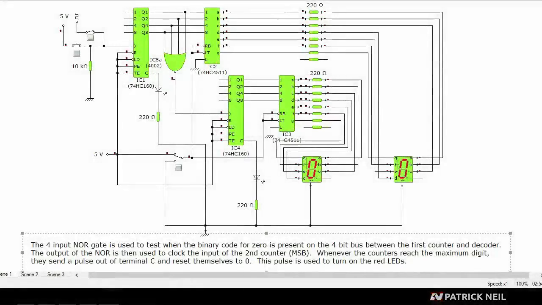Now here's a counter circuit that uses integrated circuit counters instead of individual flip-flops. In this particular circuit we have two digits. This is our least significant digit and this is our most significant digit. For this we need to have two counters and two decoders. So this counter and this decoder control our least significant digit, and